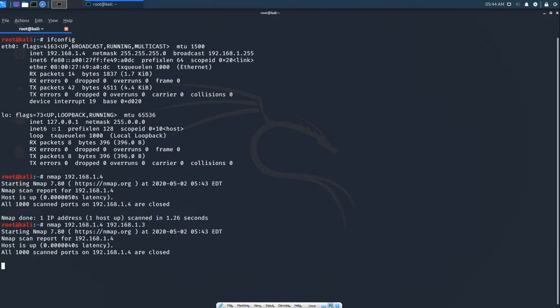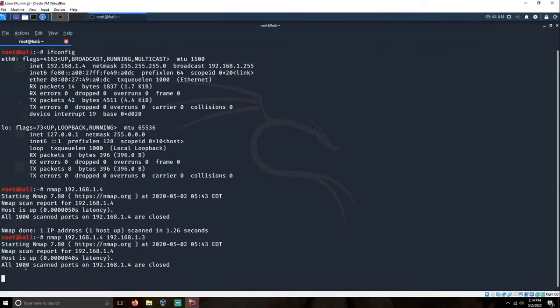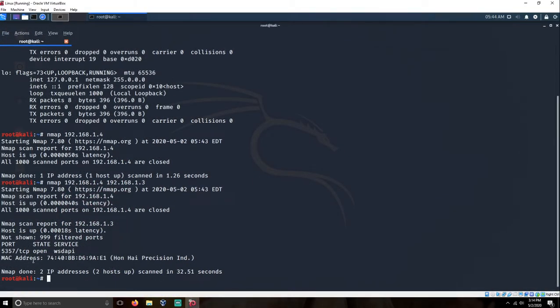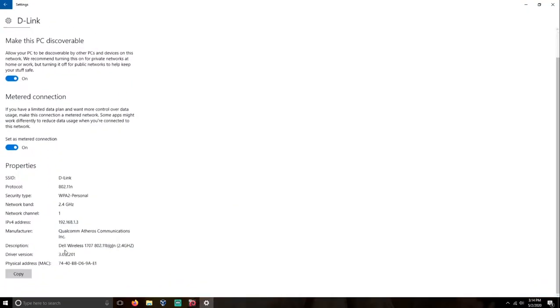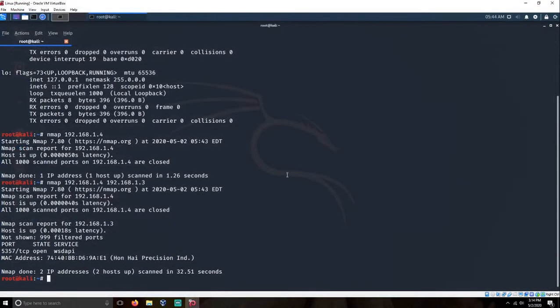If any ports are open, it will show that the ports are open. 192.168.1.3 is my Windows machine IP address, and it says that port 5357 is open. So we can exploit or penetrate through this port. In this way, Nmap basic scanning is used.